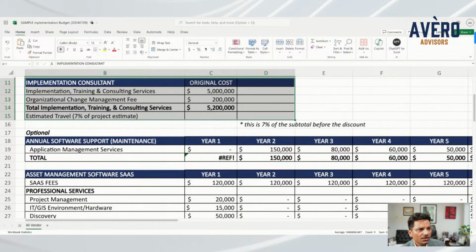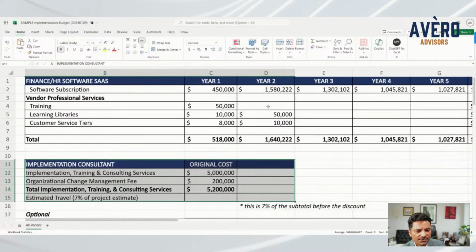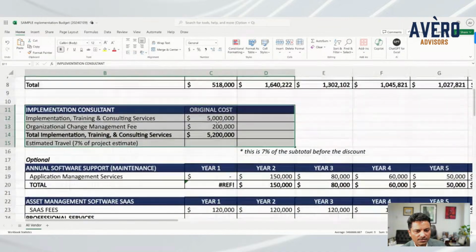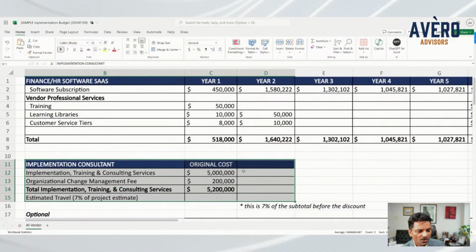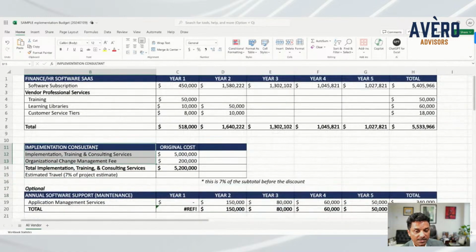So you've taken your SaaS fee and your implementation consultant fee. Now, this piece here will be short term, right? Unless you enter into long term agreements with the implementation consultant, and there's valid use cases for that, because when they're done with configuring your system, they are probably the people that are most intimately familiar with your configuration. So they might offer you things like annual maintenance.